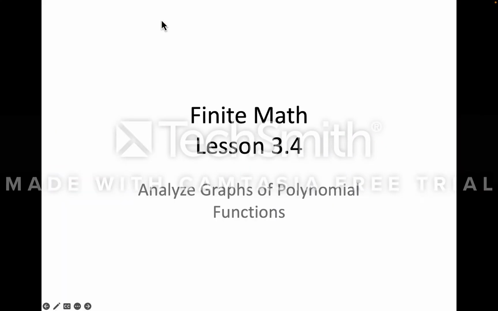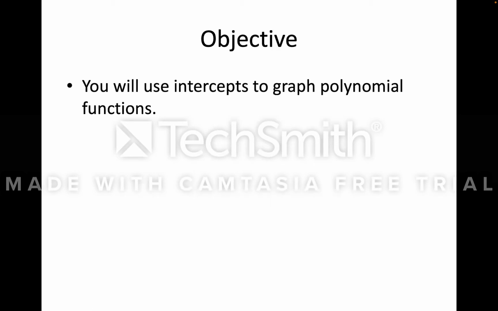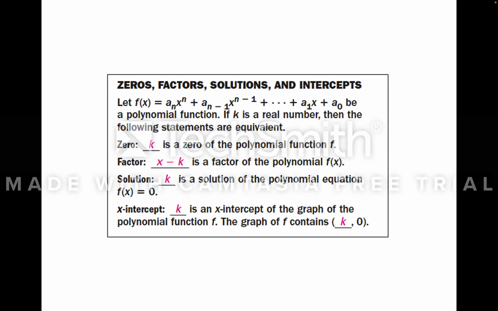Today we're going to analyze graphs of polynomial functions. You're going to use intercepts to graph polynomial functions today, as well as what we learned about end behavior last time. So if we have our polynomial function written in standard form, we start off with a_n x to the n,